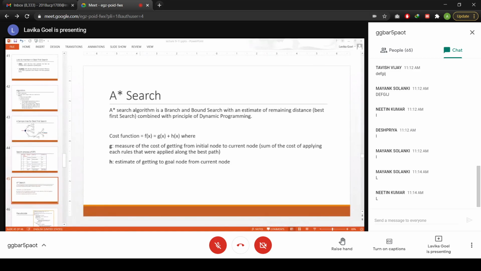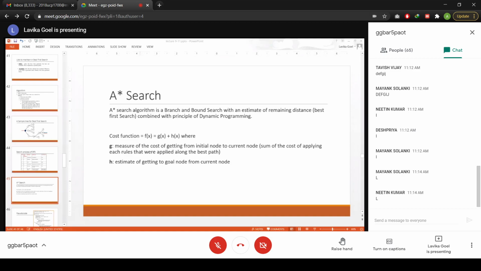But the additional G value which we are taking into account in this algorithm is basically the cost of getting from the initial state to the current state. So whatever path we are following, we will find out what the G value is for that current path.